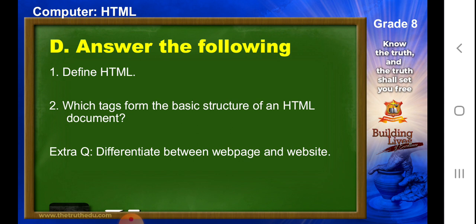For the HTML tag, you can mention an HTML document begins with the angle bracket open HTML and ends with the angle bracket open / HTML angle bracket close tag, right? For the head tag, you can mention this tag is used to put information that is important about the web page, but we can't see this information in the browser window.